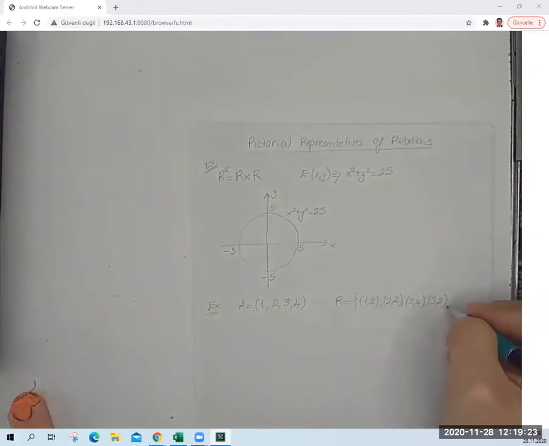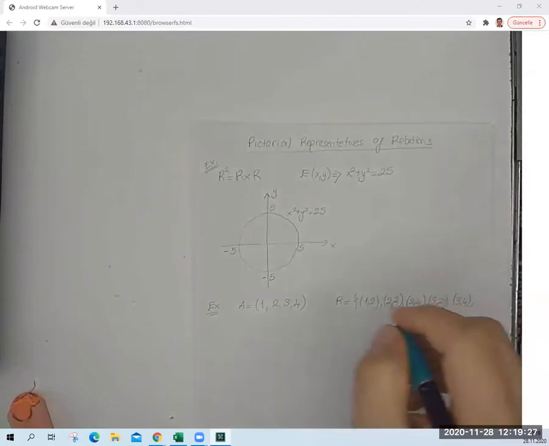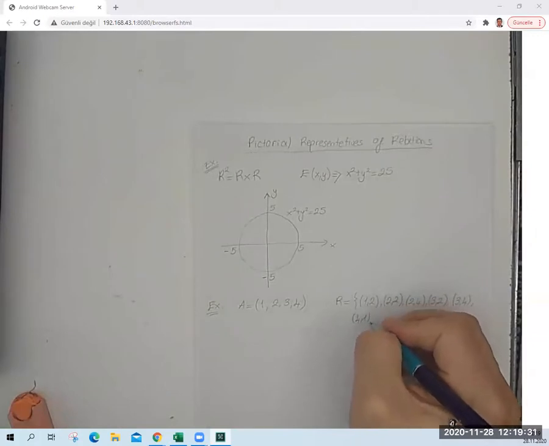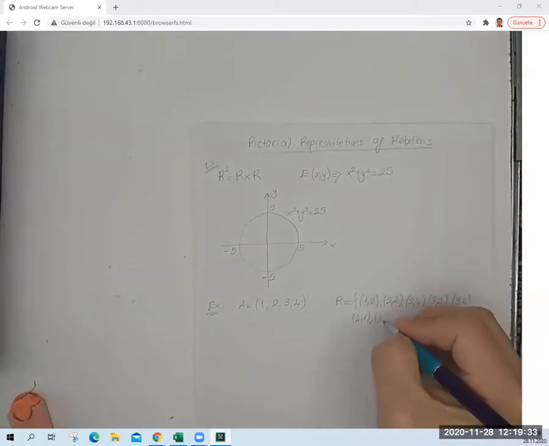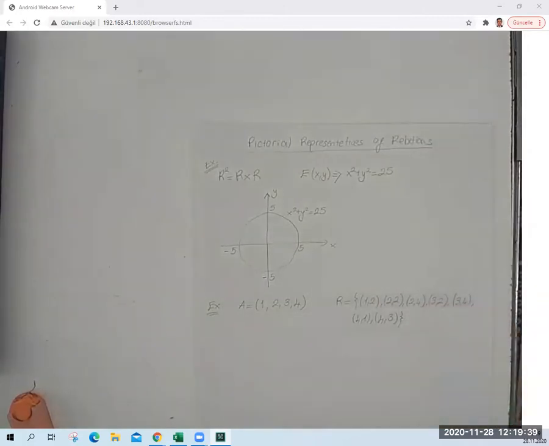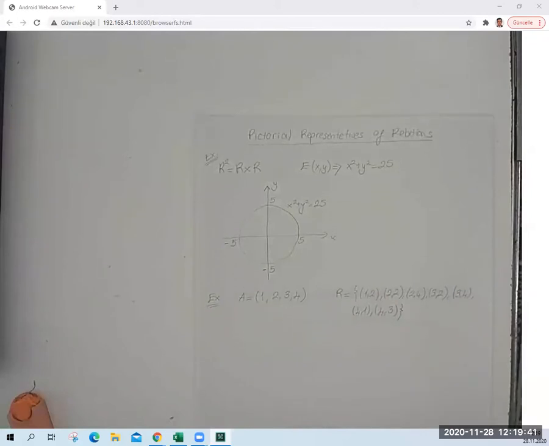So I need some more place. 3, 4 and 4, 1 and 4, 3. So if I want to draw that relation as a pictorial,